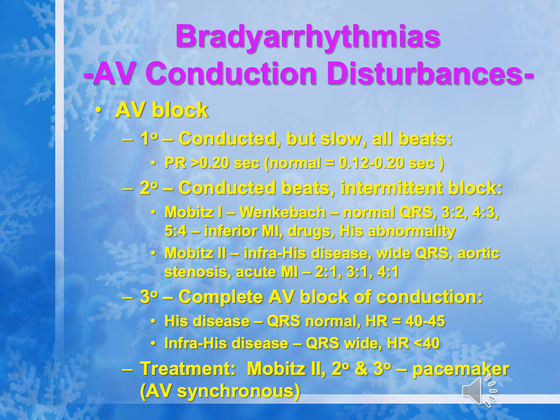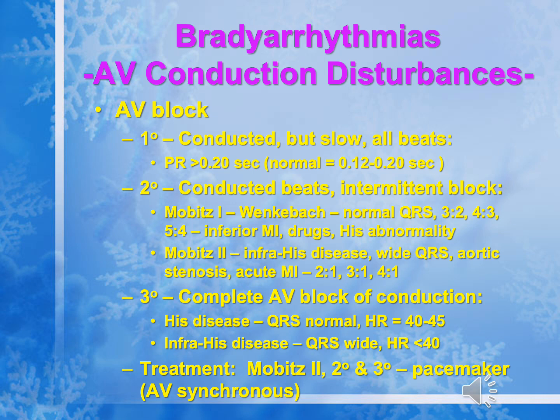AV blocks may be determined to be first degree, second degree, or third degree AV block, depending on the severity. First degree AV block is when every beat is conducted from its corresponding P wave, but is slow, and the PR interval is prolonged at greater than 0.20 seconds. A second degree AV block is when beats are conducted, but occasionally some are totally blocked, and we have P waves without